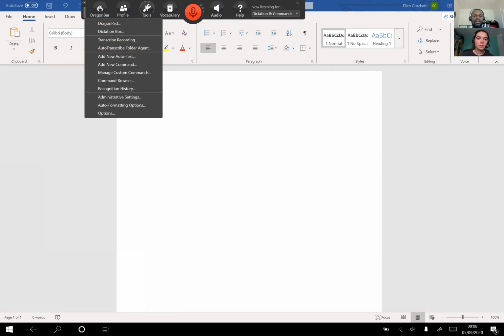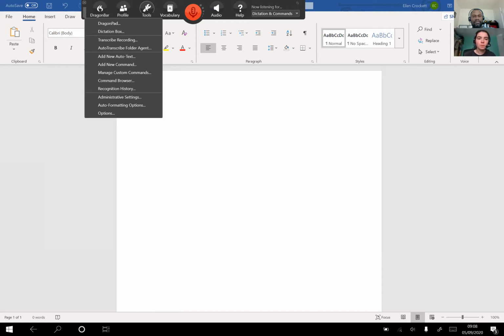Now, this is linked with another software called Note Taker, but you don't have that software really. It's got a really good link with Note Taker if you want to transcribe a recording. And you have recognition history, admin settings. This is where all the other tools and settings are, and then you've got a vocabulary